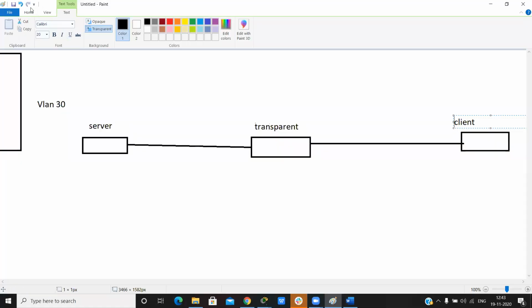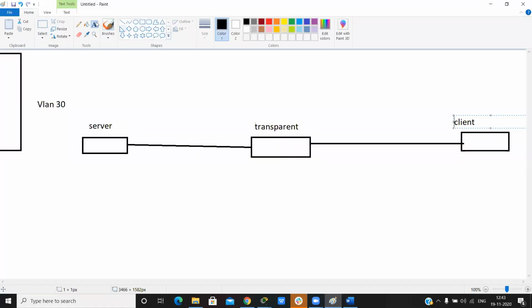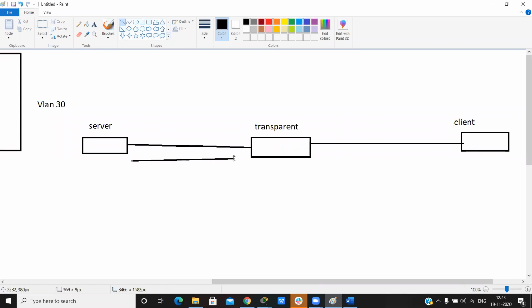So if there are three switches, and the server mode sends any frame or message to the transparent mode, it forwards it to the client mode. It does not synchronize any frame or our database. So this is transparent mode, but in this we can create the VLAN.